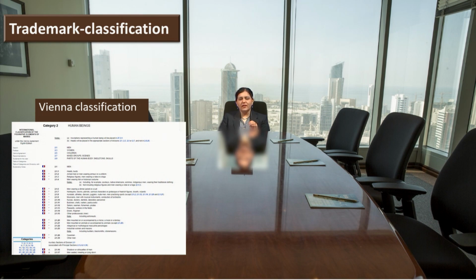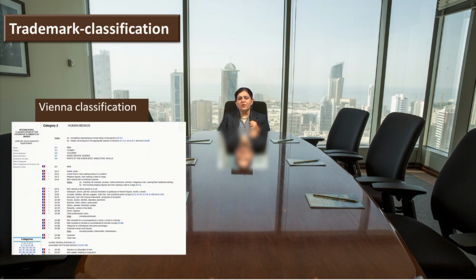What is the meaning of that? The meaning of that is a little girl eating. Category 2 is a human being, division 5 is children. So, 2.5.3 is the main section, girls, and the auxiliary section 18 is children drinking or eating. So, now you can imagine how they have anticipated the various kinds of trademarks which are available, and they have classified all those figures into a particular category, and that category, division, main section and auxiliary section is assigned to that particular trademark.